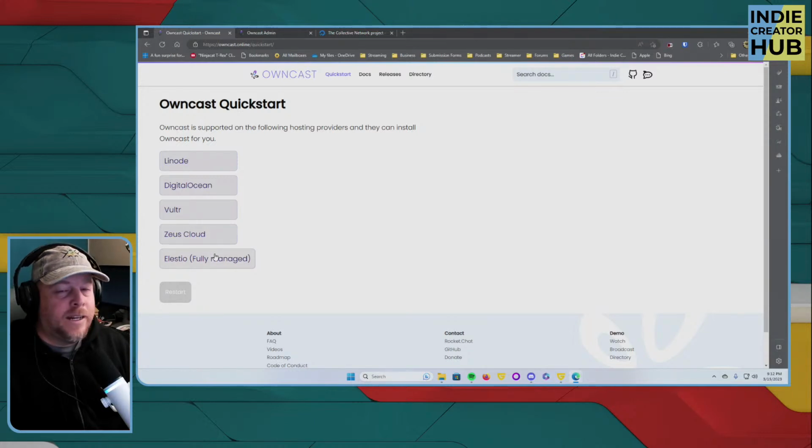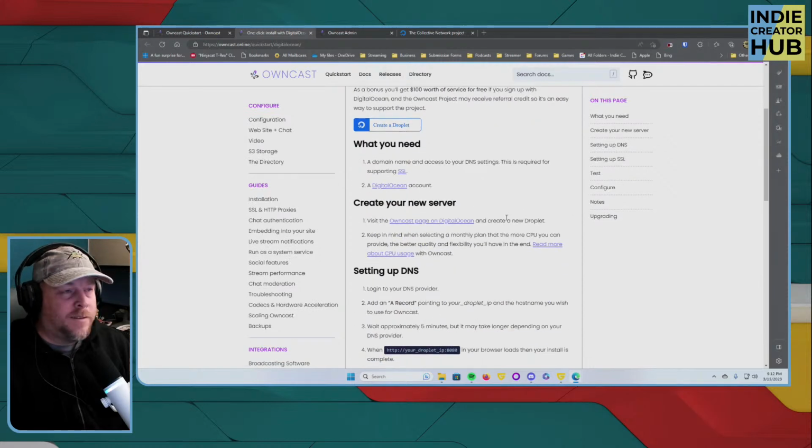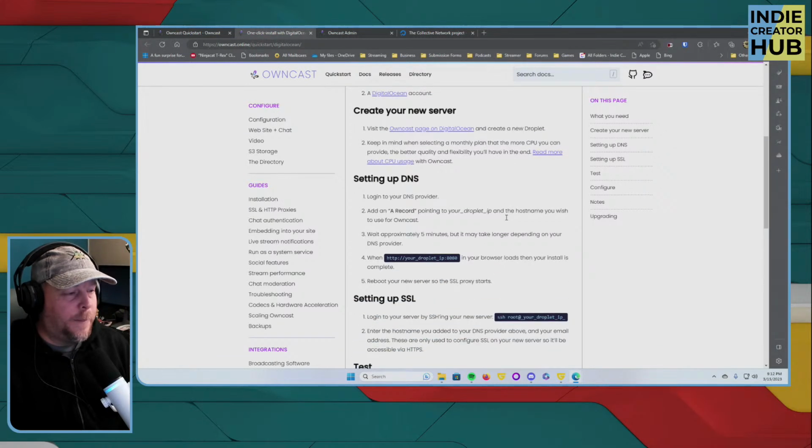These two I had not really had any experience. I'd had a little bit of experience in Vultr. It's the same as the Linode and DigitalOcean. So if you take a look at the DigitalOcean setup guide, it's pretty self-explanatory. It pretty much walks you through how to get things set up and how to set up your domain